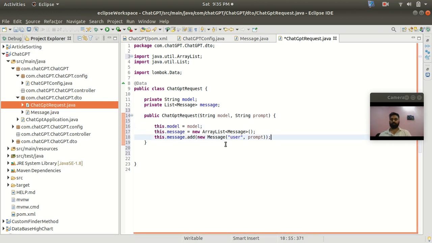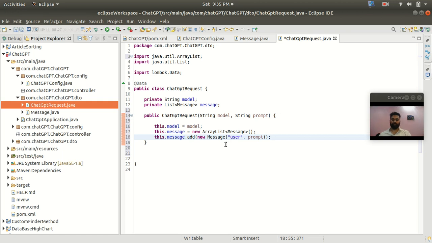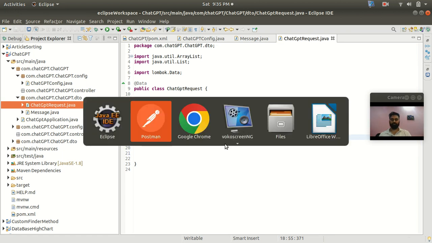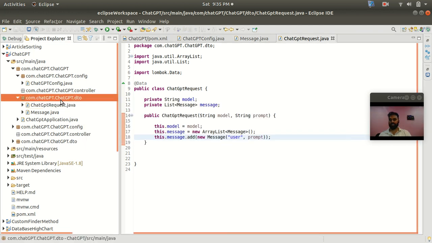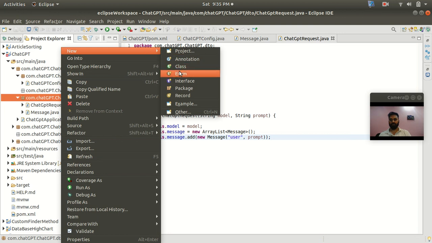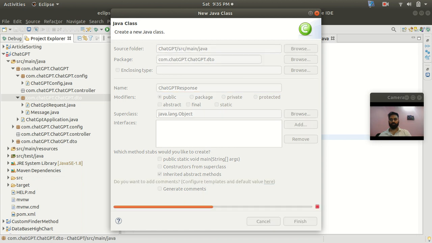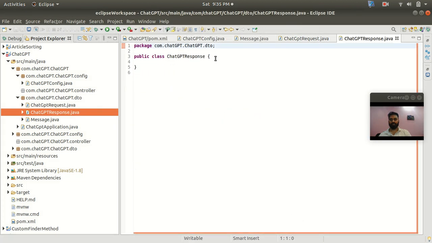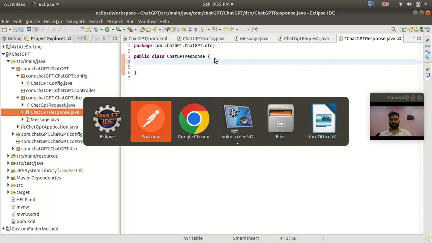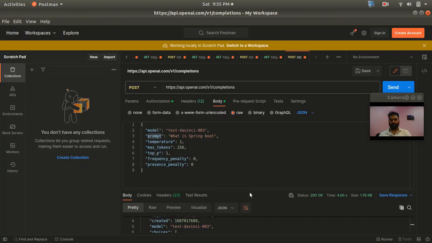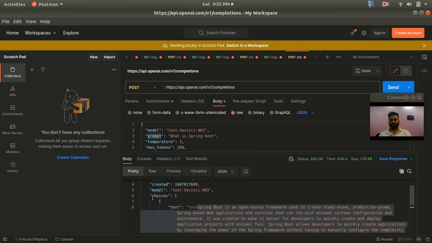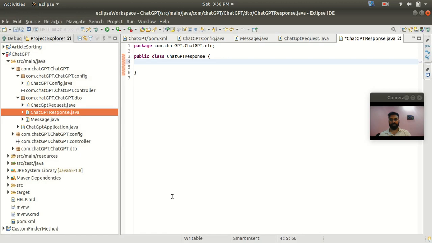Okay, yeah. Now I'm going to create a response. In the similar manner, we have to create a response also. So inside DTO itself, I'm going to create a new class for the response, ChatGPTResponse. So this response class will contain, you have seen that the data is coming in a choice, right? So this is the choice as an array. So we have to create an array,